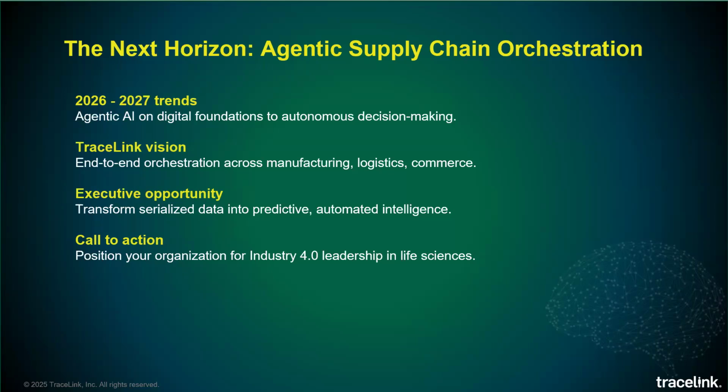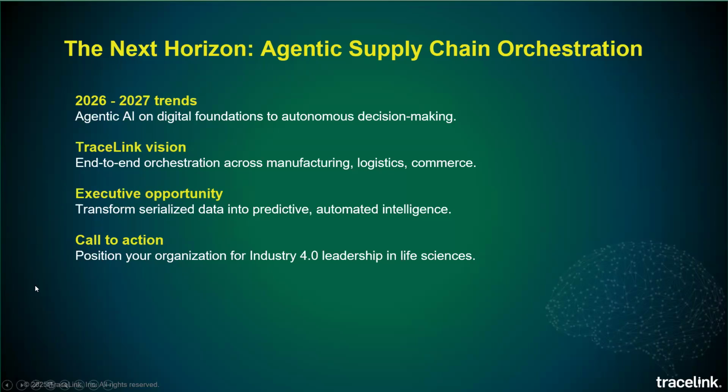Then Tracelink's vision. Tracelink aims to enable end-to-end supply chain orchestration across your manufacturing, logistics, and commerce. They do this by connecting with global partners on a shared digital network which they have already built, and it provides real-time visibility. We all know about that, coordinated workflows, and it does the intelligent automation. You should definitely keep yourself signed up for the newsletters, for the updates that Tracelink has been doing, enhancements and upgrades on their solution side on the AI part.